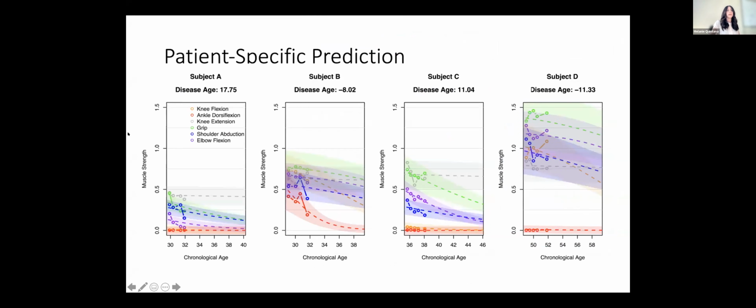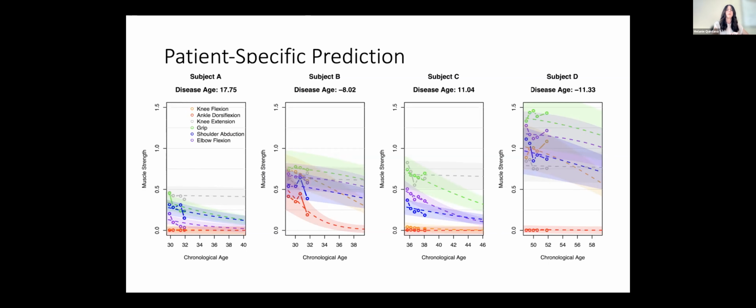So again, I mentioned at the beginning that our goal was not just to understand this disease in general, but to be able to understand for individual participants where we think they'll be going over the next, say, 10 years. And this had many benefits to it. It allowed us to communicate with individual patients where we think they are in the disease course, and give them expectations for how we think their disease would progress. But you'll also see that this helps us in terms of future clinical trials.